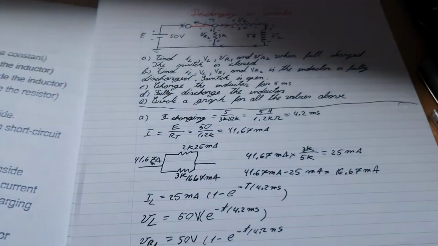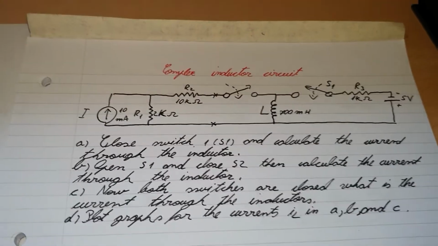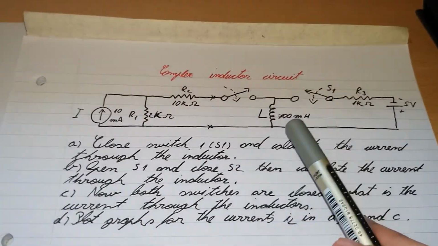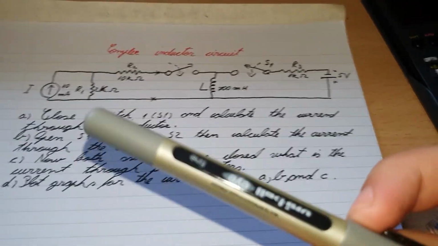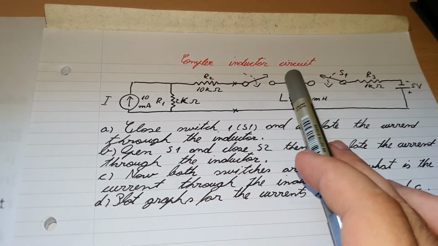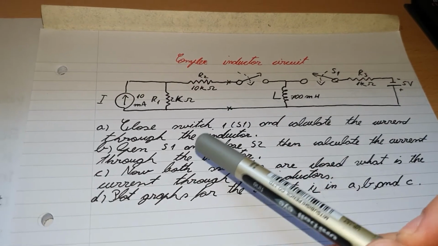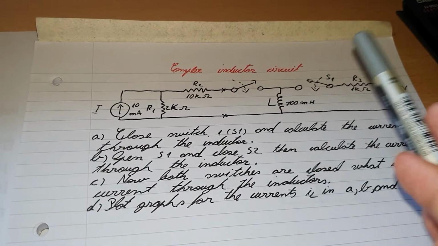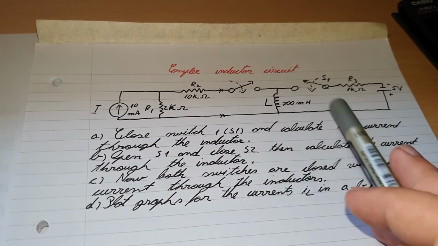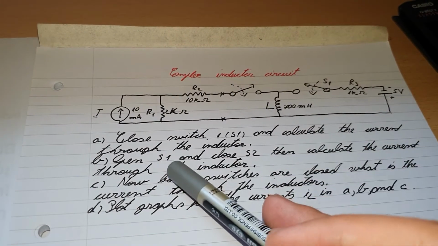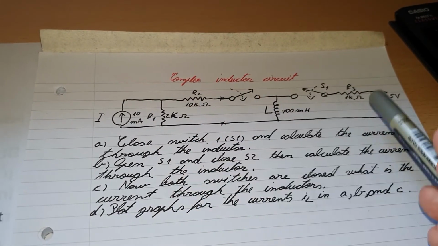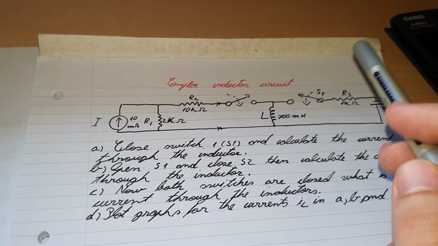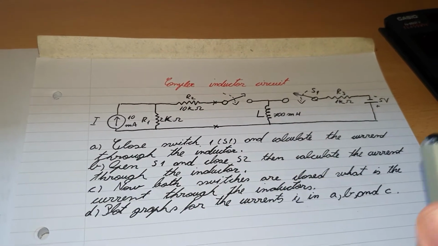Okay, so this will be the last circuit that requires us to calculate the current through the inductor, and that has to do with the time constant. I'll call this one a complex inductor circuit, because I added a lot of values and variables and different things. For example, you'll first notice that I added two voltage sources and two switches, but I also added a current source and a voltage source instead of two voltage sources. And also there's resistance in here and in here.